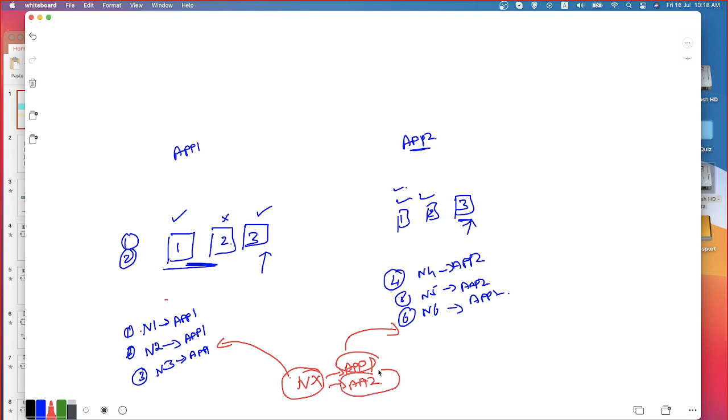Is that clear? Do you understand what I'm trying to say? If I do this, I can eliminate a separate node for application 1 and application 2.